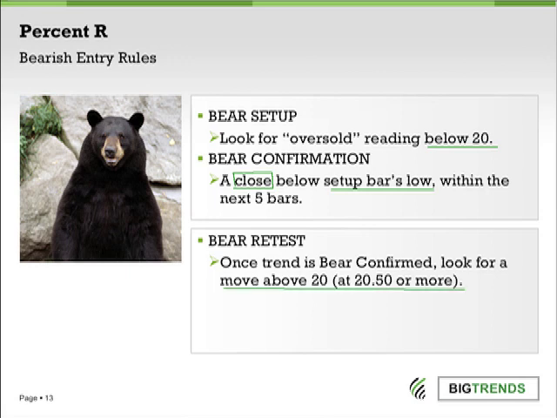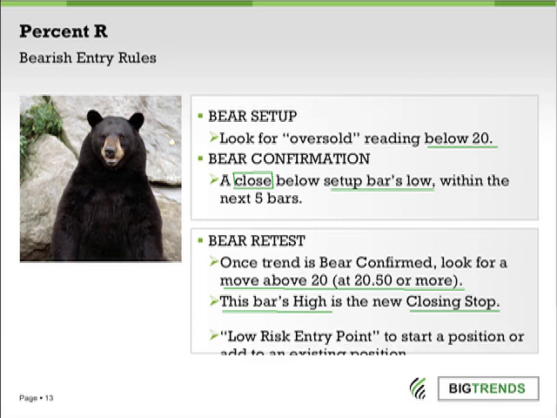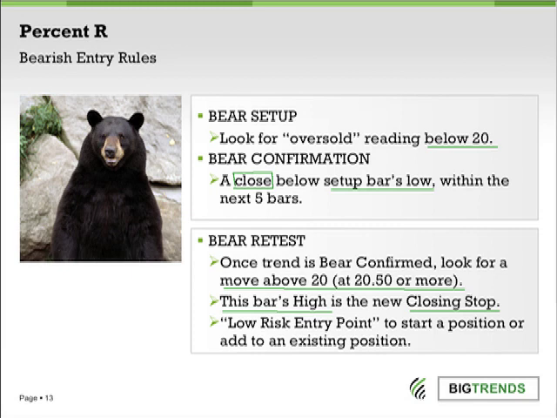So from that point, once we're in the bear trade, we can say, okay, now where's a place to potentially reset our stops? The next move over the 20 threshold, 20.5 or higher, tells us that that's our new closing stop. Now, that's a different word than a lot of you may have heard of. The closing stop means that we're looking at if it closes above that bar's high, because that bar's high is a key threshold. It'll test that a number of times, but then a lot of times it'll close back underneath it. So this is very useful for us as now a bearish low-risk entry point or a low-risk adding point